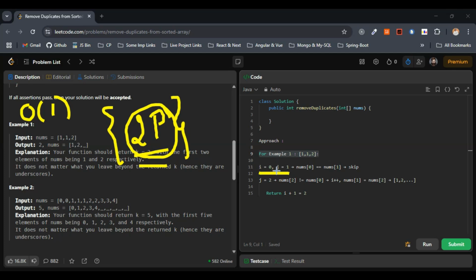Because i equals 0 we are initializing is the slow pointer, and the next one is the fast pointer. We can consider i equals 0 as the slow pointer and j as the fast pointer. i equals 0 is for placing the unique values, and j equals 1 is because we have to scan the entire array. First we will consider the unique element, and we have to scan the entire